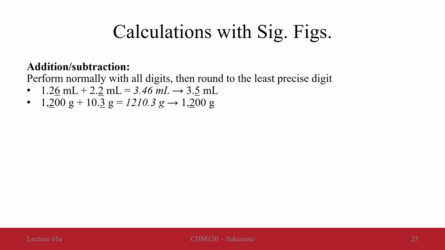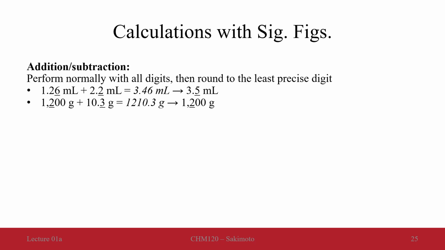If I were to add to that 10.3 grams, a very precise mass, with a measurement all the way out to the tenths place, and I plug into my calculator, I of course get 1,210.3 grams. But because 1,200 grams was very imprecise, I have to round to the hundreds place,